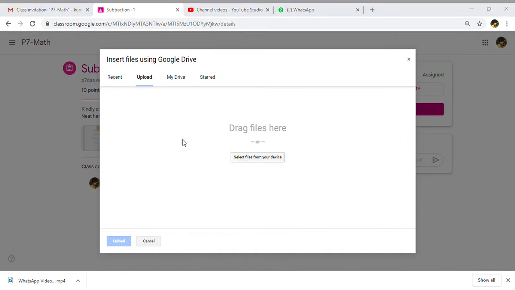Now let us select the files from the device. I have a WhatsApp video here. I have other things here, but is that my assignment? Maybe not. Let me look where I have created the folder. I go to my desktop. I see a homework folder. I click the homework folder. Which subject is this? Remember, this is P7 Math, right? I've created respective folders and kept all the images here. I've clicked the image and stored it here. You see, all the homework is there.